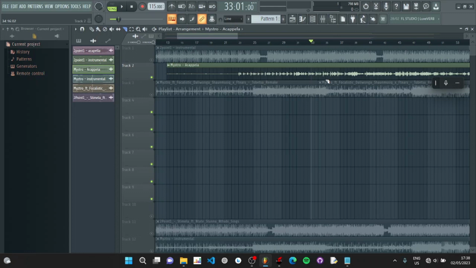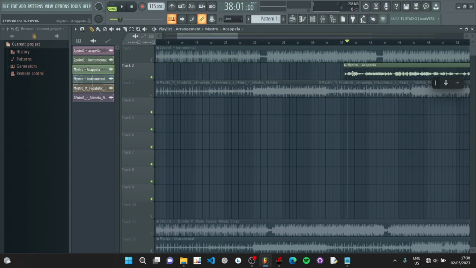So let's listen to the acapella. So here's the part right here. This is the part that we're looking for. Let's cut this. When you right click on any of the parts, it removes them from the playlist. It doesn't delete the track, but removes it from the playlist. So this first part I don't need. I want the part where it starts to say, so right click and delete the part.